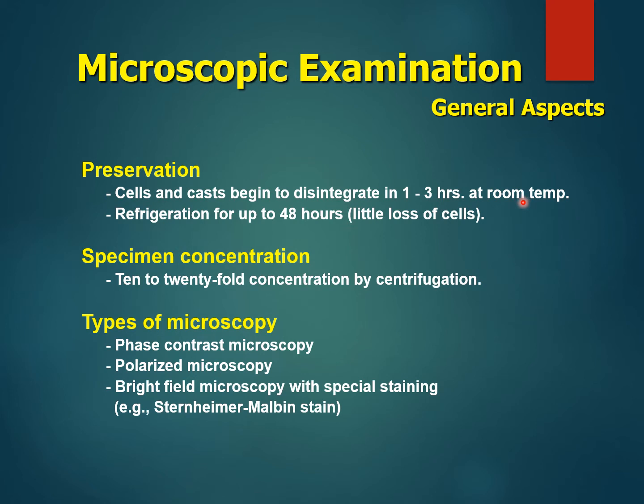In a refrigerator it could be accepted, up to 48 hours. So have an idea about it. The concentration of the urine is 10 to 20-fold by centrifugation. Urine is centrifuged so as to give the results, and this is a centrifuge system and it is examined on that basis. Types of microscopy: we have phase contrast microscopy, polarized microscopy, and bright field microscopy